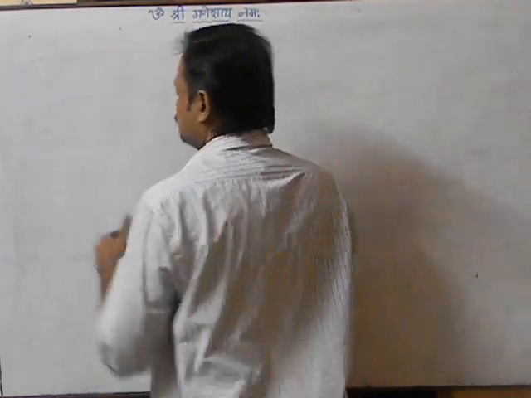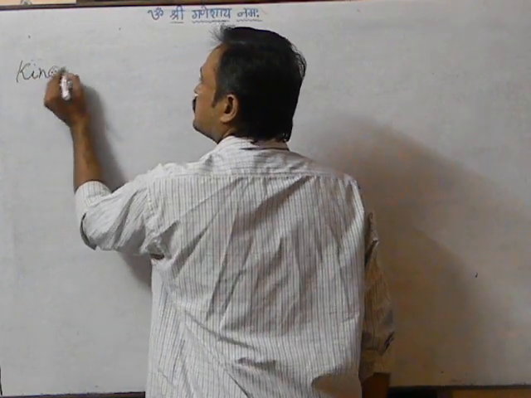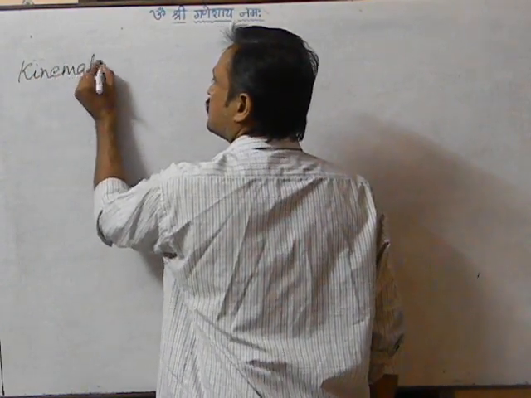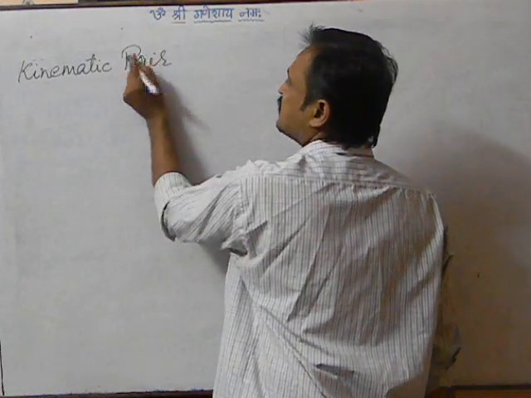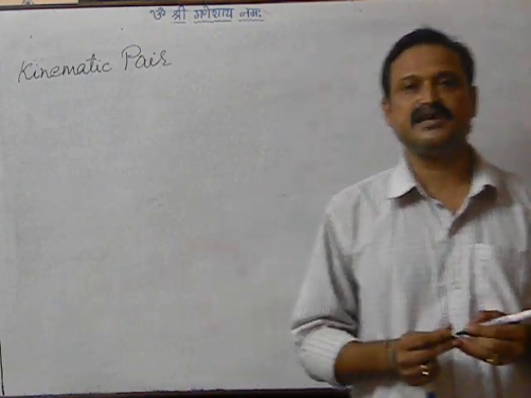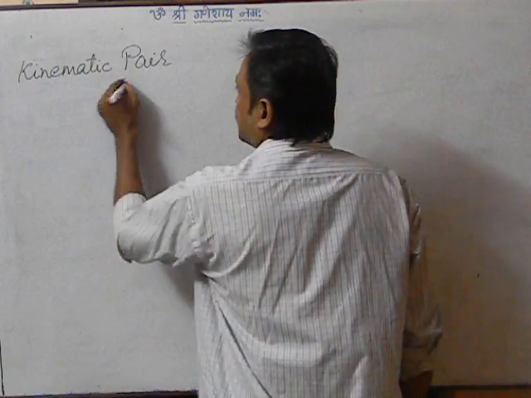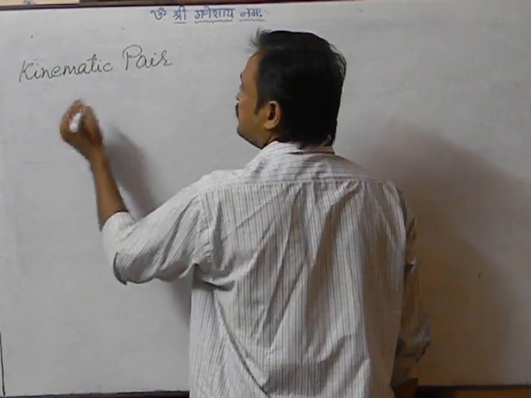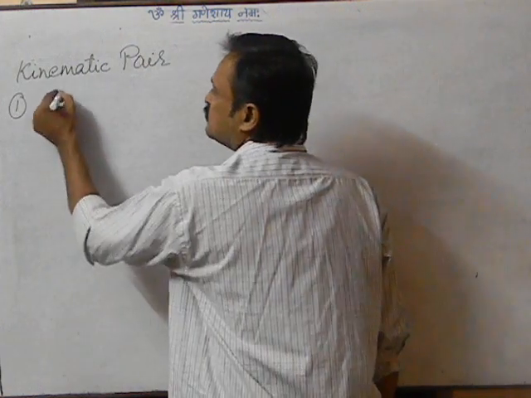We move on to kinematic pairs. We have seen that when we are joining two links together with the help of a movable joint, we call it a kinematic pair. Now, these kinematic pairs we can classify, first, according to the